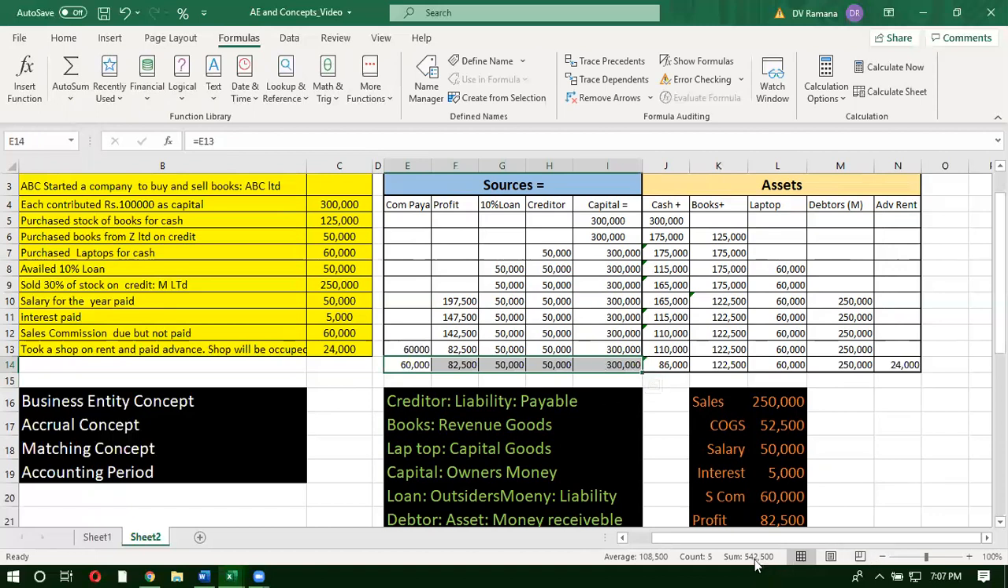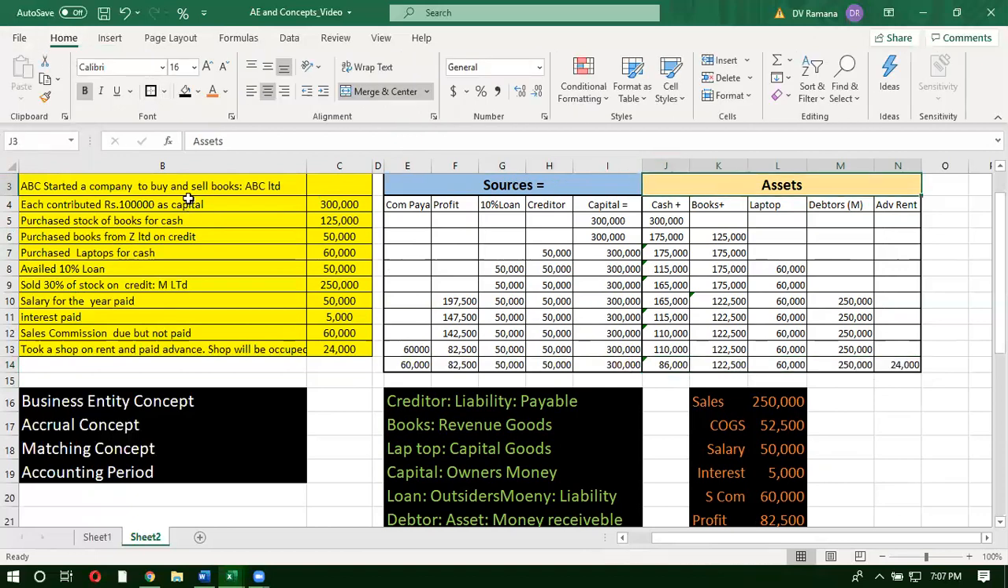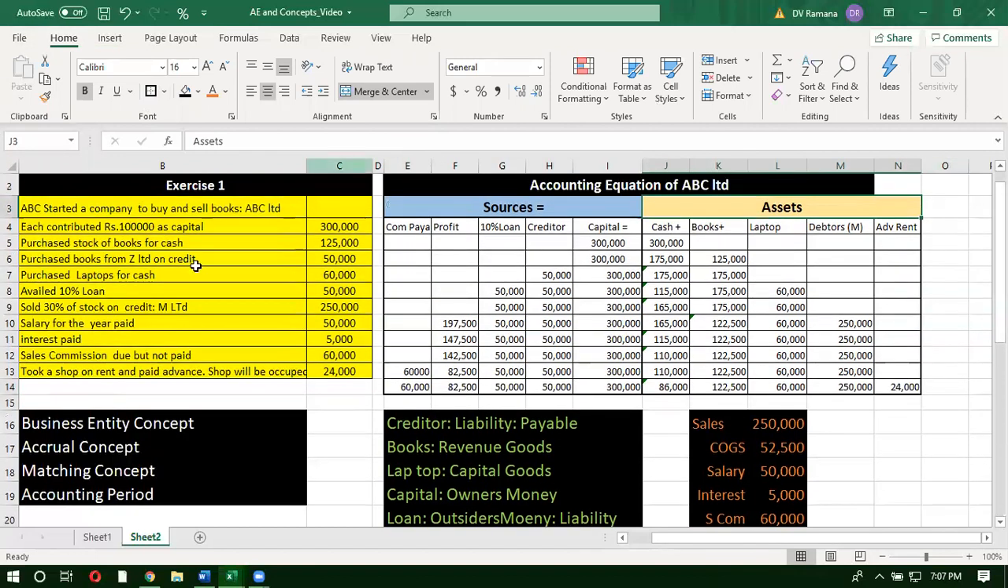Total of sources is 542,500 and the total of assets is 500. So observe, what did we do? Let us recap. All that we have done in this exercise is to convert this set of transactions, business decisions,